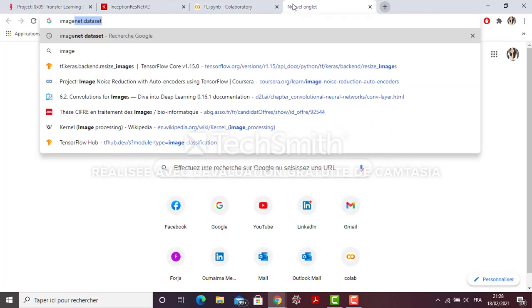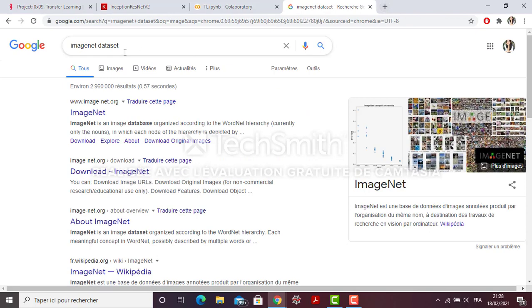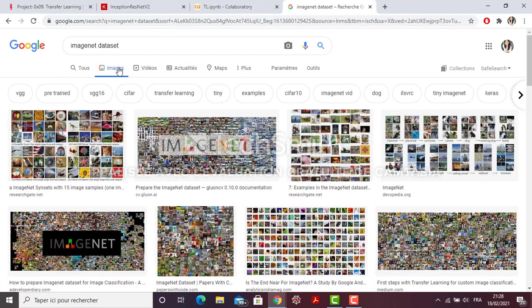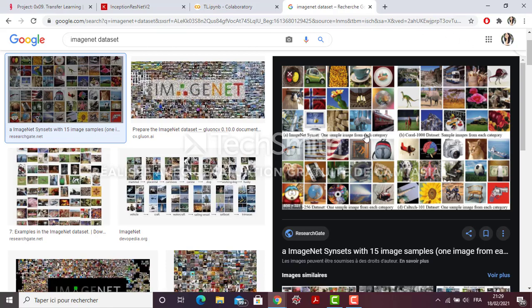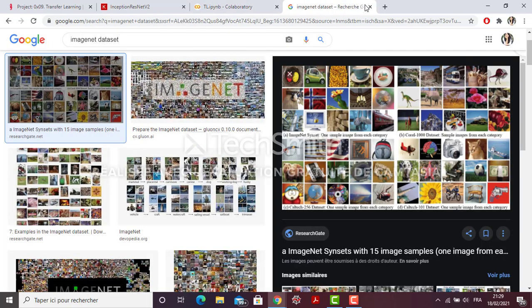Let us look at the ImageNet dataset, because we need to have the same type of input as the one that we are dealing with. It should be related to our problem, and it is, because we have different types of objects here. So it should be a nice thing to do transfer learning over this model.